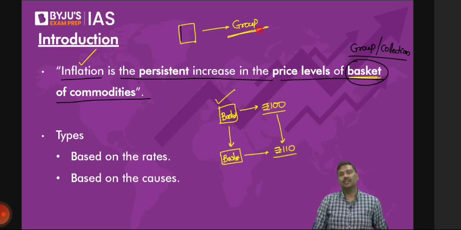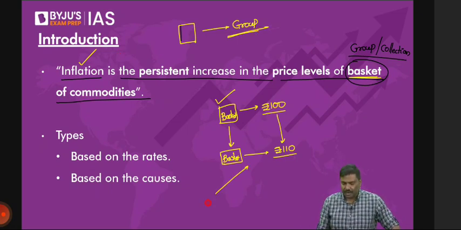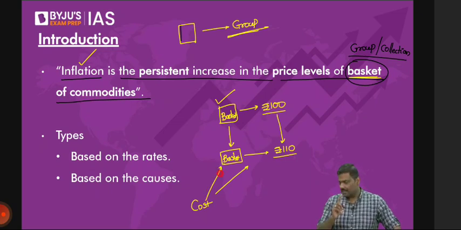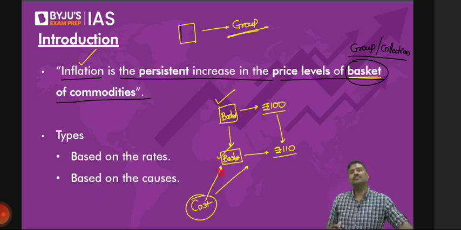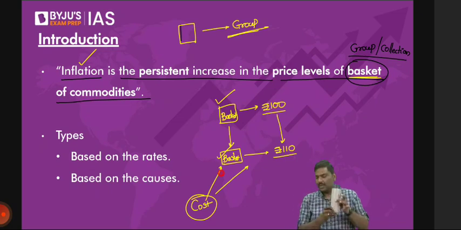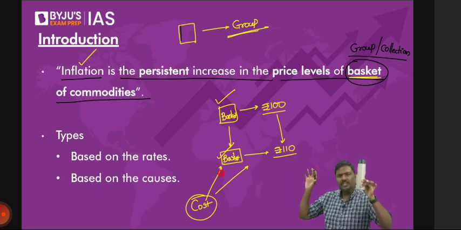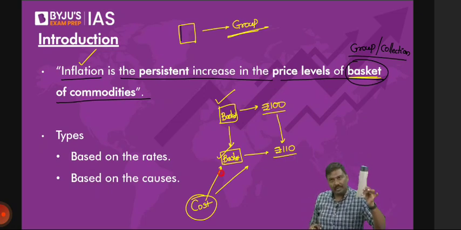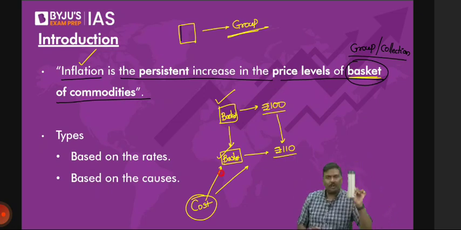Now point number 2. Here itself understand this. Inflation can happen because the cost associated with the basket has gone up. I repeat. Inflation can happen because the cost associated with the goods has gone up. So what do you mean by that? I'll give you a very simple example. Imagine this is the bottle. This is there in the basket. Earlier for the raw material, you used to pay 30 rupees. Now for the same raw material, you're paying 50 rupees. What will happen to the market price of the bottle? Market price of the bottle will go up. All of you agree?